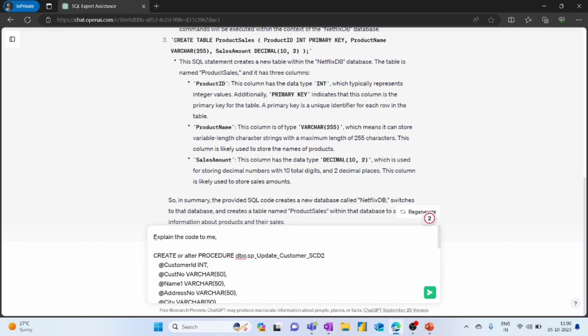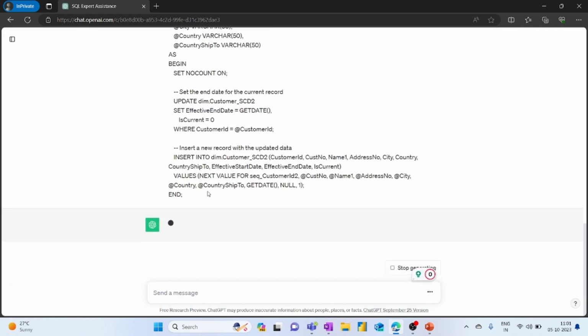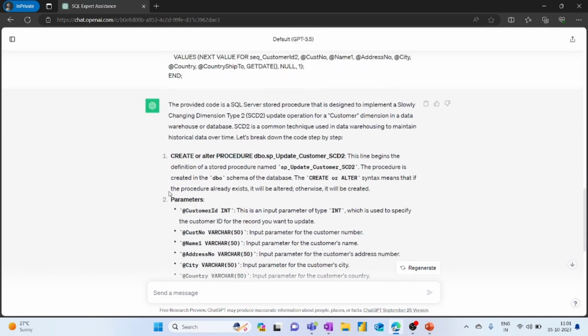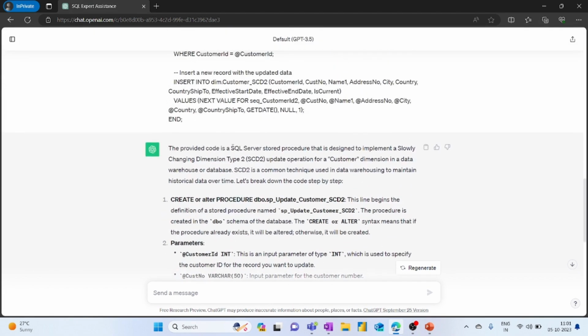You can also specify the level at which you want to understand. If you are a beginner, you can tell ChatGPT to explain it to a beginner. So we will simply enter this prompt. ChatGPT will automatically analyze the code and provide you the output. It automatically understood that it's SQL Server code and it is a stored procedure, and then it will provide